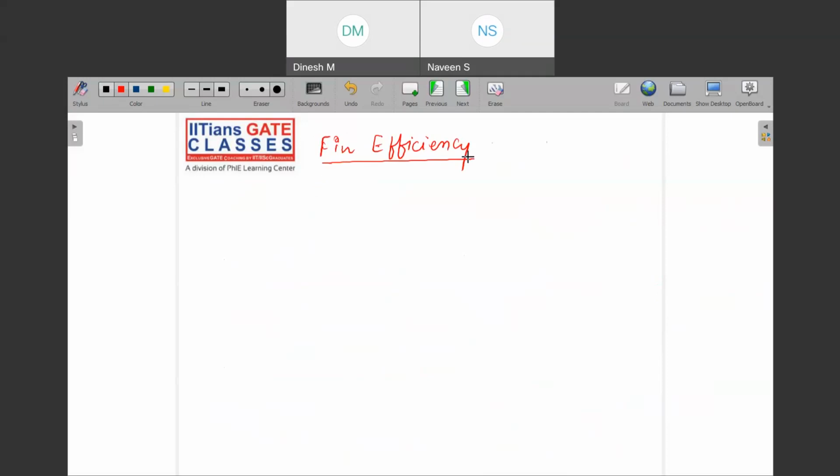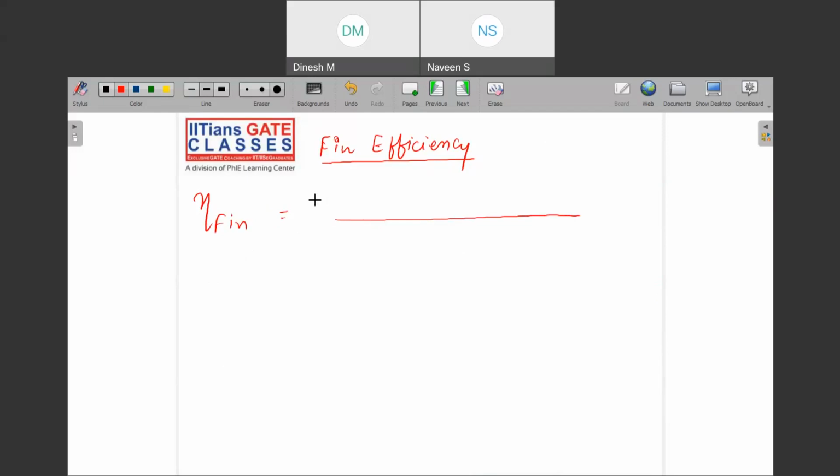You need to take care of how efficient your fin is. It is not that you install it and do not analyze its efficiency. So the efficiency of a fin is defined as the ratio of